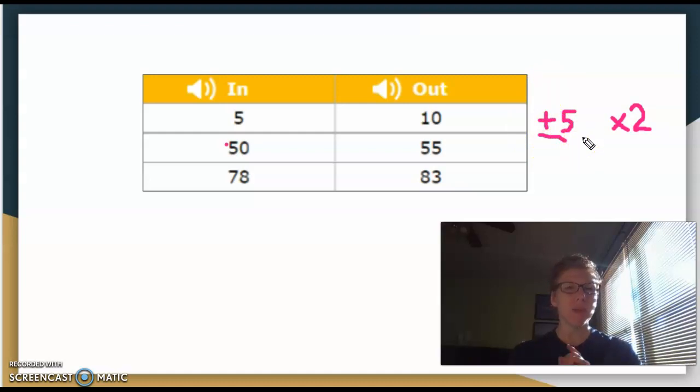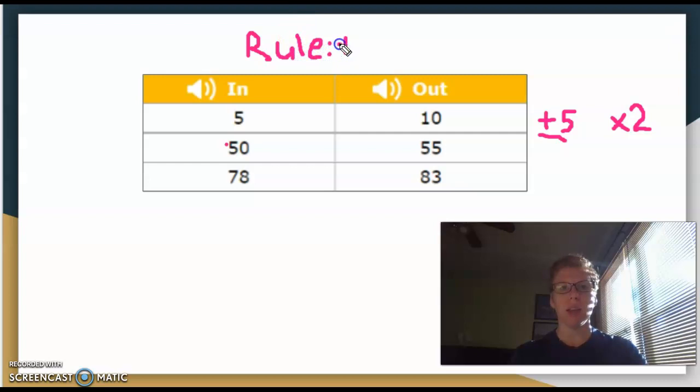I'm going to double check with the next number in the chart. I've got 78 is going to go into the machine. Something's going to happen to it. The rule's going to apply, and out pops 83. Well, let's follow the rule that we believe it is. Adding 5 is 78 plus 5, 83? Yes, it is. So my rule here for this specific input-output table